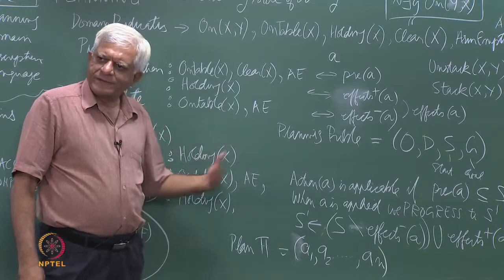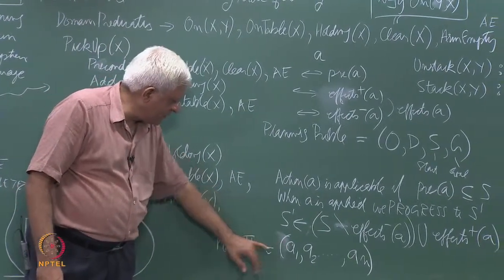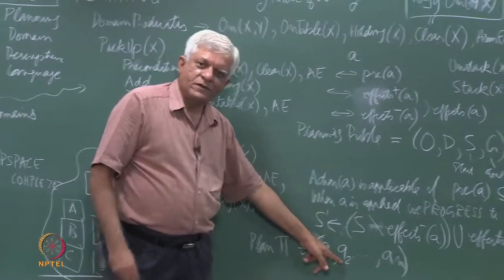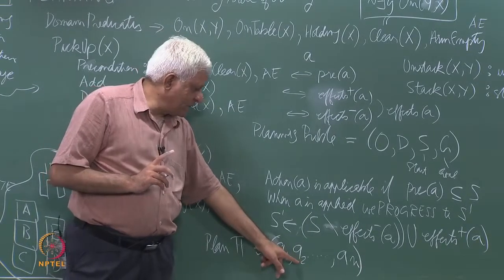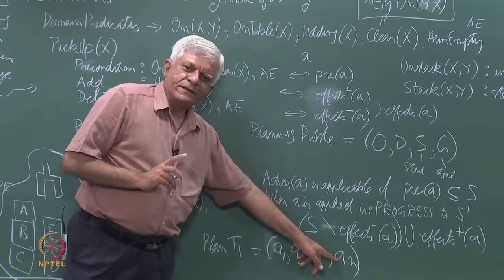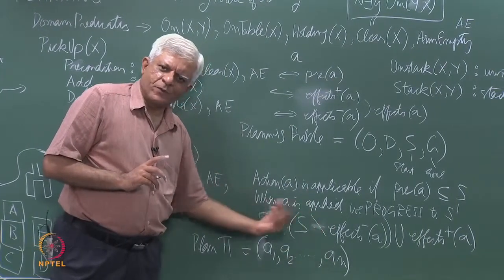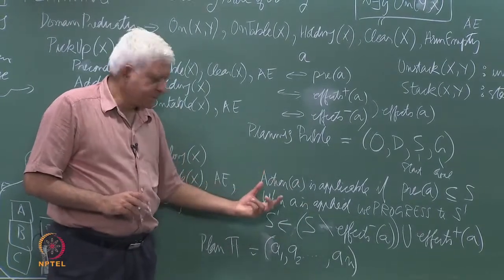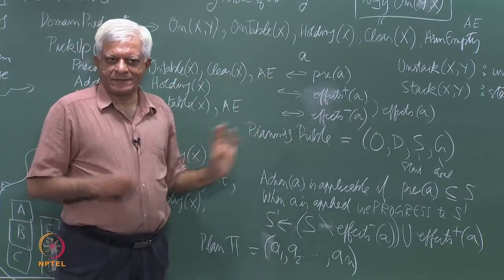It will progress over the state. So, it will apply first action A1 to the given state, then in the resulting state it will apply A2, which means it should check whether A2 is applicable and apply A2, and then keep doing that till we apply all the actions. And then in the resulting state that we have progressed to, remember this, we have this progress operator, how can we move from state to state? That last state must satisfy the condition that the goal must be a subset of the state.